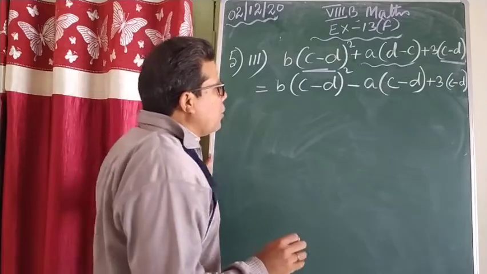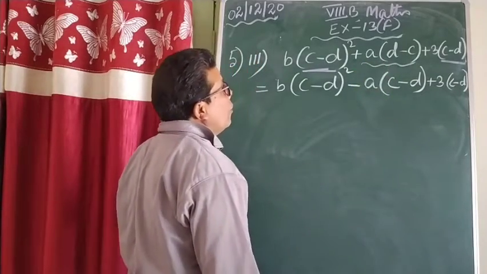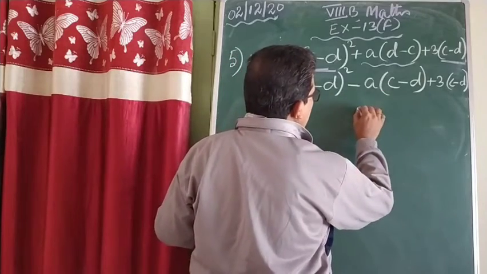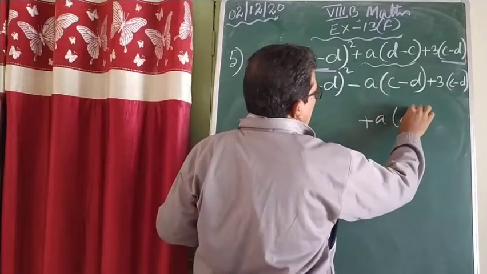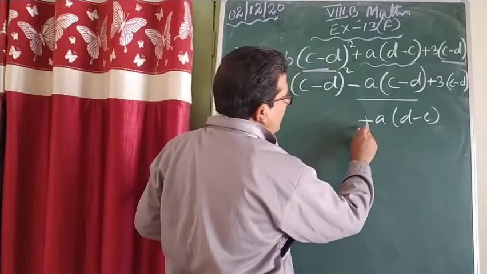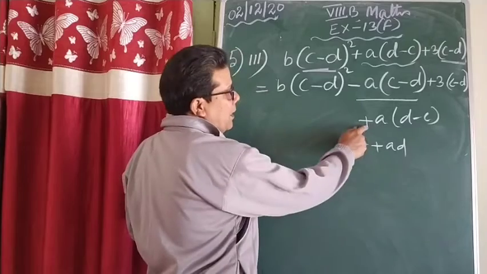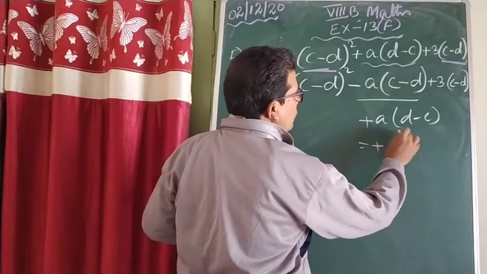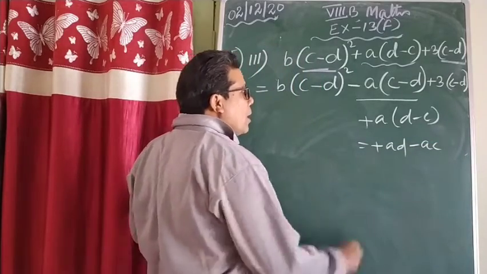Now you may have a question: sir, if you change it, whether the value will change or not. I am just going to explain this. Suppose I take this, plus A, B minus C. First take this one. If you multiply, what is coming here? Plus, plus, plus AD will come. Now what sign is here? Plus. What sign is here? Minus. So if you take these two, the result will come like this.